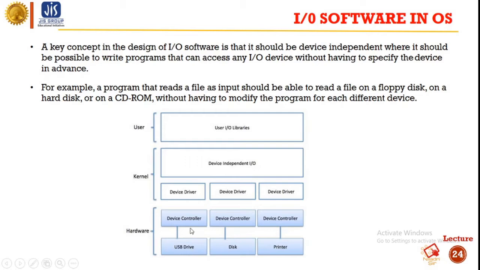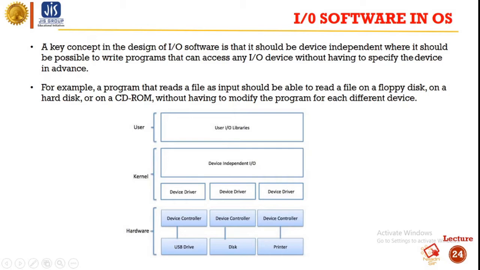Through the device controller, these are connected with the device driver, and these are the device independent and user IO libraries. These are the user, these are the kernel, and this is the hardware.